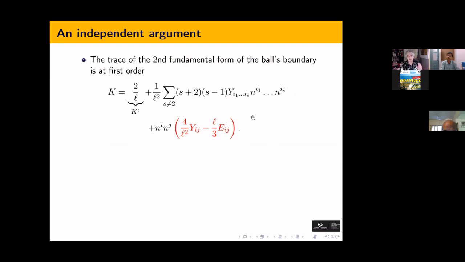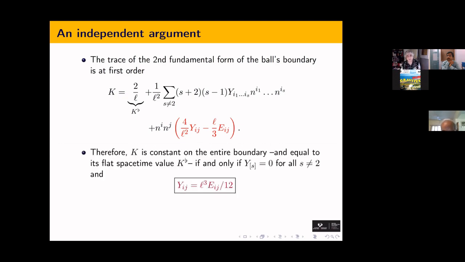And you see, this is very, very nice, because if we want to keep the trace of the second fundamental form constant on the entire sphere, and also equal to its value at flat space-time, then we have to remove all the spin different from two deformations, which is what we did before, because they didn't do anything different from flat space. And also, we have to kill this part, the spin 2, and this gives me precisely the